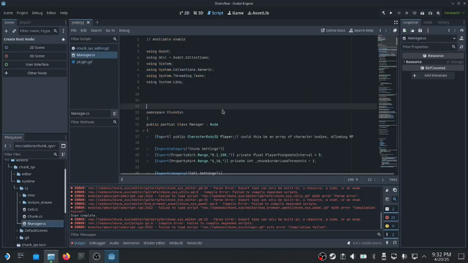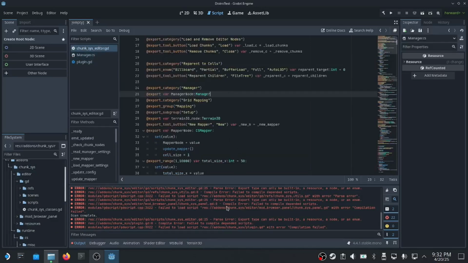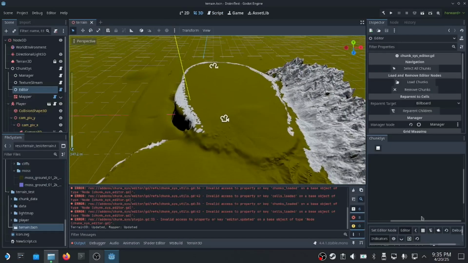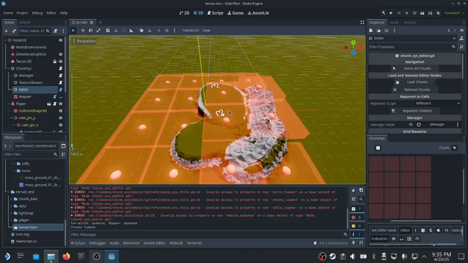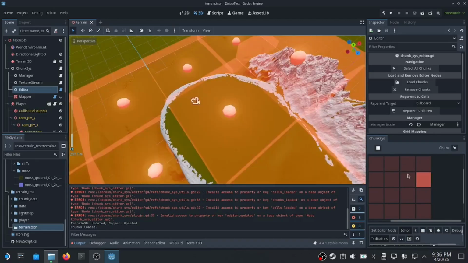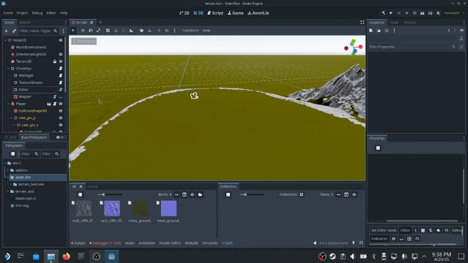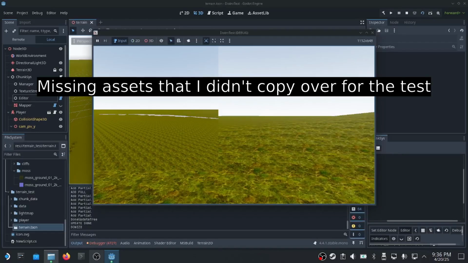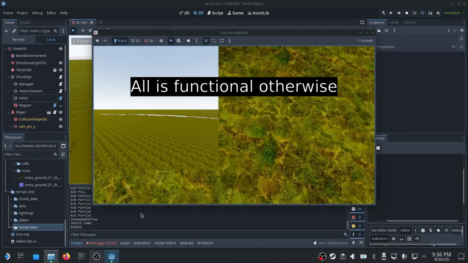Manager. Save it. There we go, cleared that. That's all working. You can see here, this one's C#. It is running. Got all these debugs because it's missing files, but